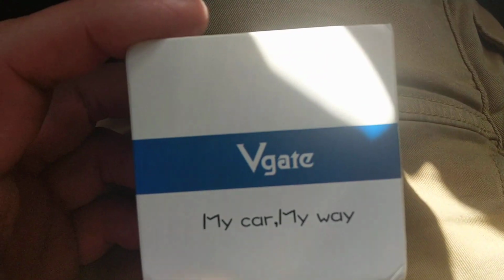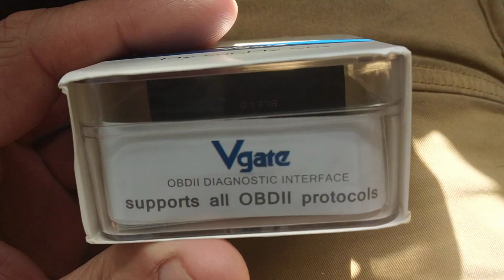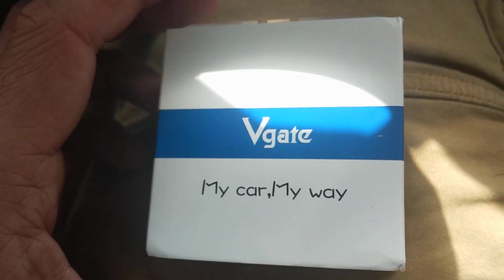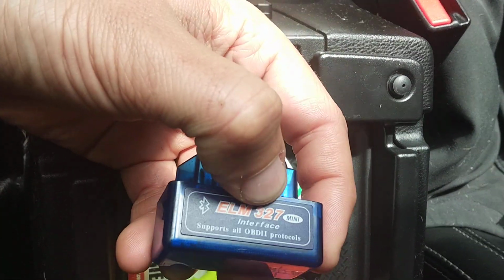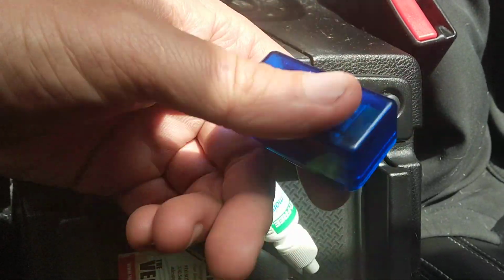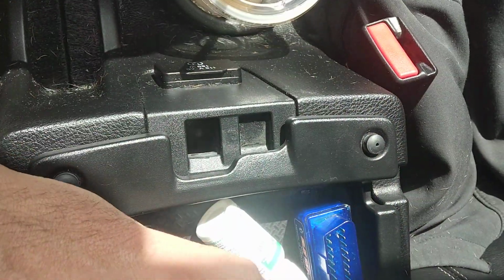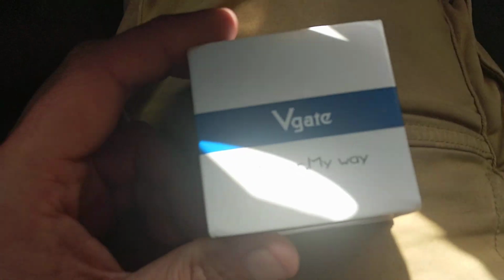So I watched a video by JKU Gadgets in Gear on YouTube, and he was telling us about this Vgate OBD II Bluetooth interface. Now, I have two of these. I keep one. I've always had one of these ELM 327 interfaces, and that's just an interface that connects your OBD2, which all modern cars have, to Bluetooth, so your phone can read out the metrics of your engine and all of your fault codes and those kind of useful bits of information. Usually most people get them to clear fault codes on your dash or just to see what